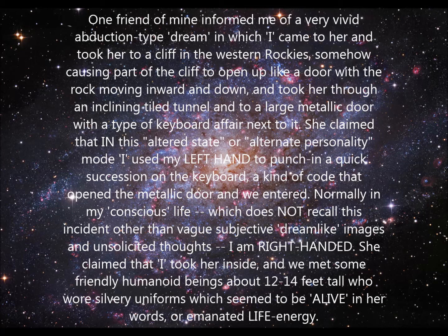She claimed that in this altered state or alternate personality mode, I used my left hand to punch in a quick succession on the keyboard, a kind of code that opened the metallic door and we entered. Normally in my conscious life, which does not recall this incident other than vague subjective, dreamlike images and unsolicited thoughts, I am right-handed. She claimed that I took her inside, and we met some friendly humanoid beings about 12-14 feet